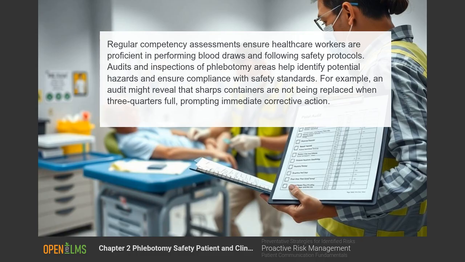Regular competency assessments ensure healthcare workers are proficient in performing blood draws and following safety protocols. Audits and inspections of phlebotomy areas help identify potential hazards and ensure compliance with safety standards. For example,